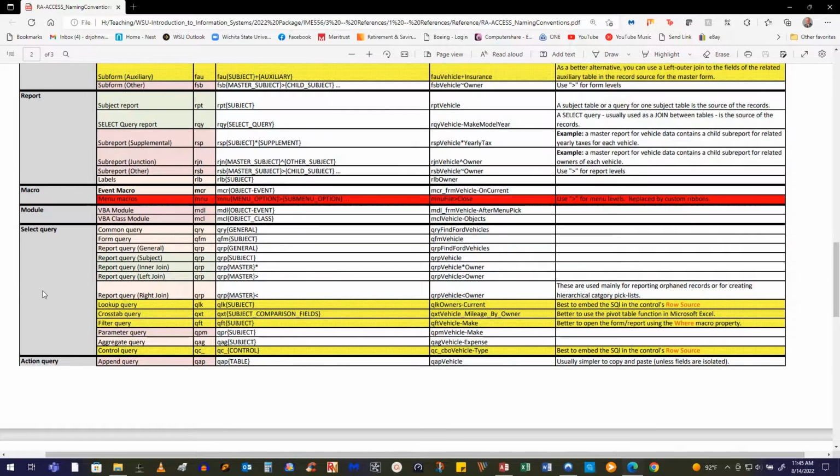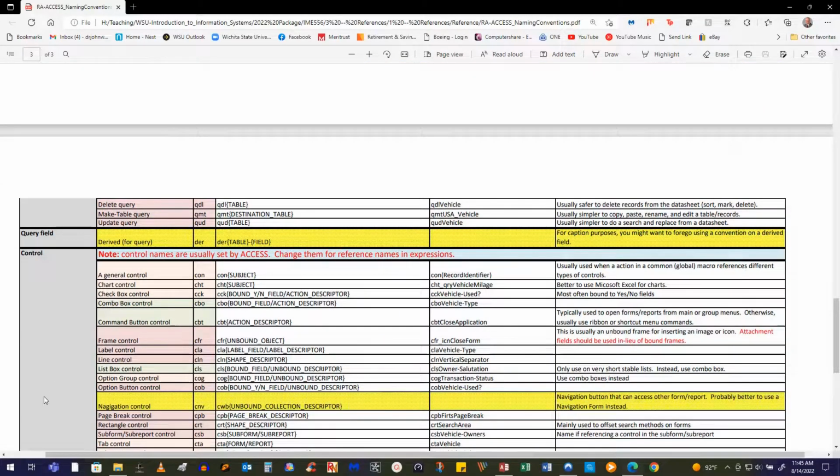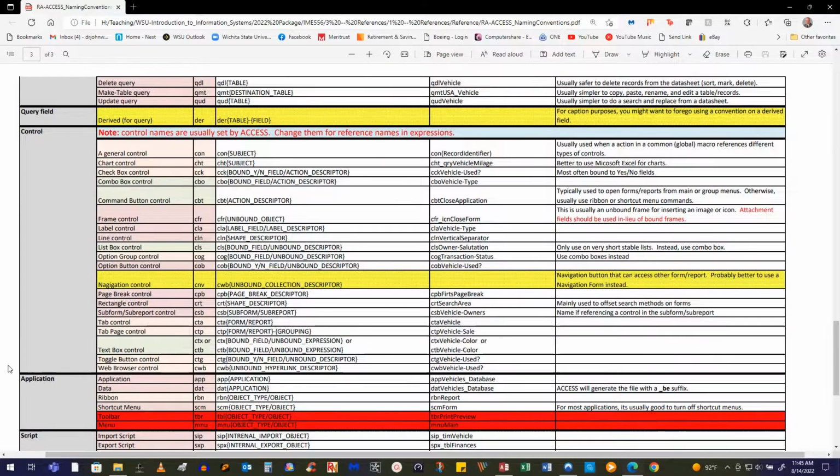There are some things that you will name if you need to, and those are mainly the controls of the database. When you create a control, when you drop a control into a form or into a report, Access will give it a default name that is meaningless. I'll say something like text 32 or something like that. It means nothing, but it is the name of the control. That's fine,